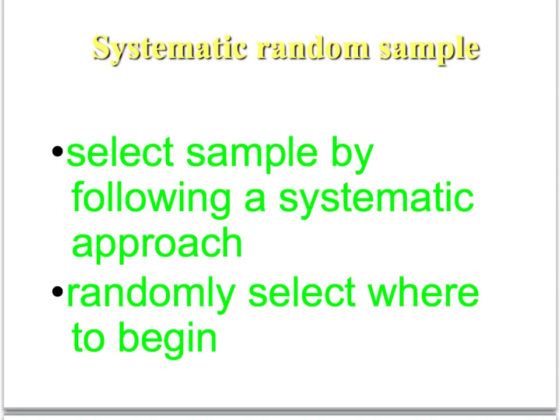Moving on to our next example, the systematic random sample. We select that sample by following a systematic approach, and then we randomly select where we will begin. So, for example,